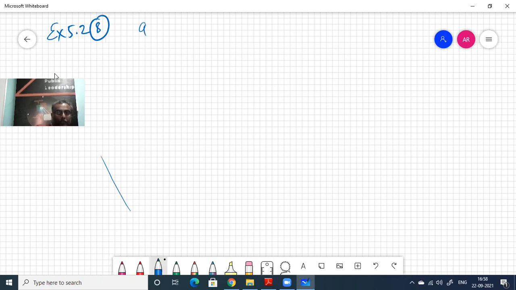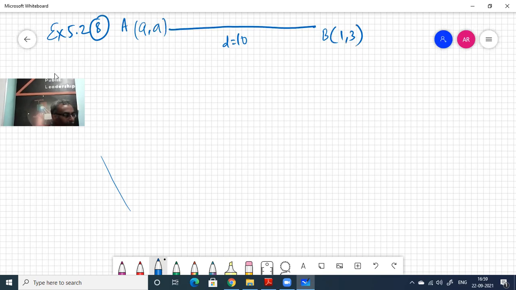Okay, let us take a point to be a comma a. And its distance from the point B, 1 comma 3, is 10 units. What are the coordinates of A? That's what you have to find out. So we know that the distance is equal to 10, which is equal to